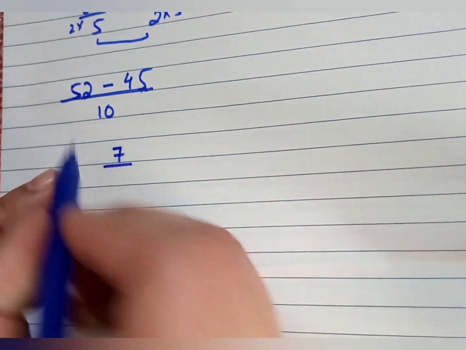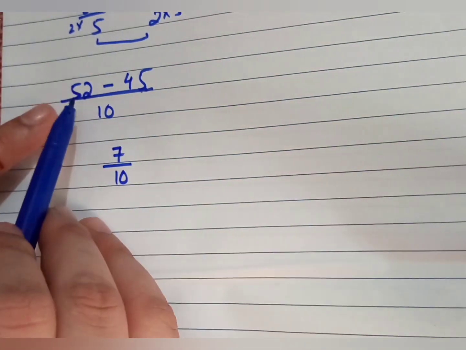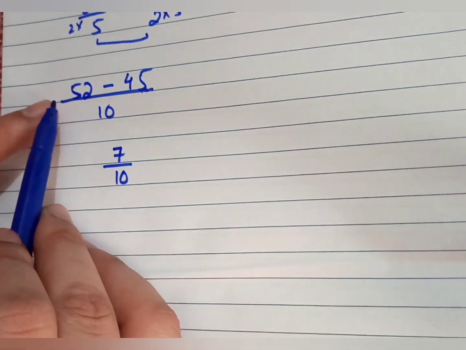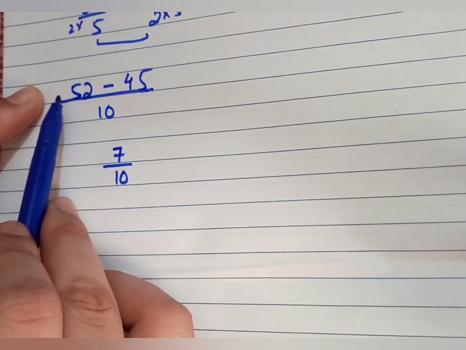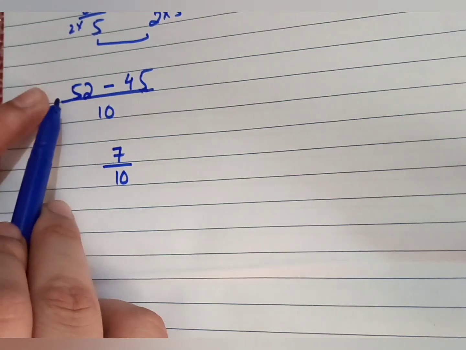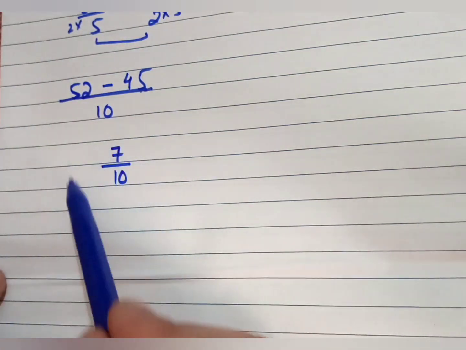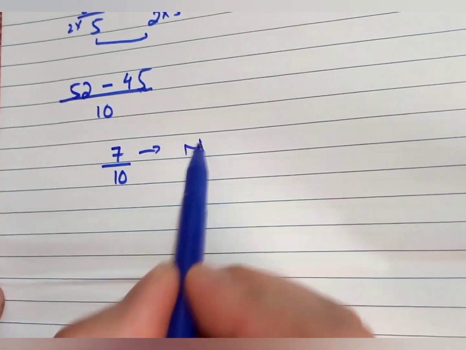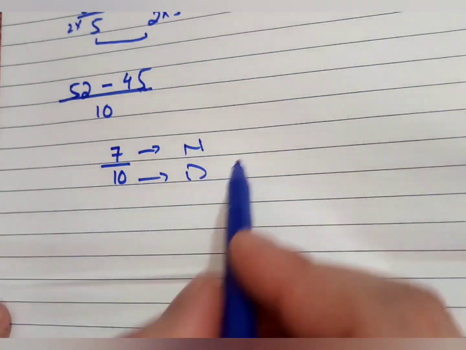And what is your denominator? 10. Now which sign will we place? You can observe the two terms. One is 52 and the other is 45. So which is the greater term? The greater term is 52, and 52 has the sign plus. So we place the plus sign. When there is no sign, that means there is a plus sign. Now look at your fraction. Your fraction is a proper fraction because your numerator is smaller than your denominator. So there is no need to divide or solve further. This is your answer.